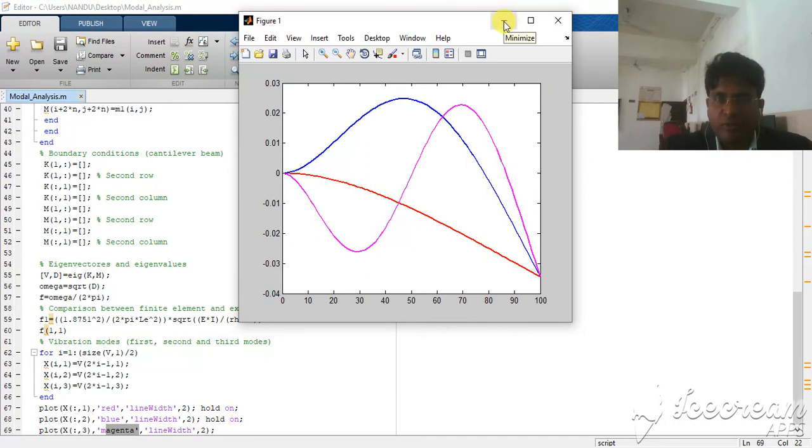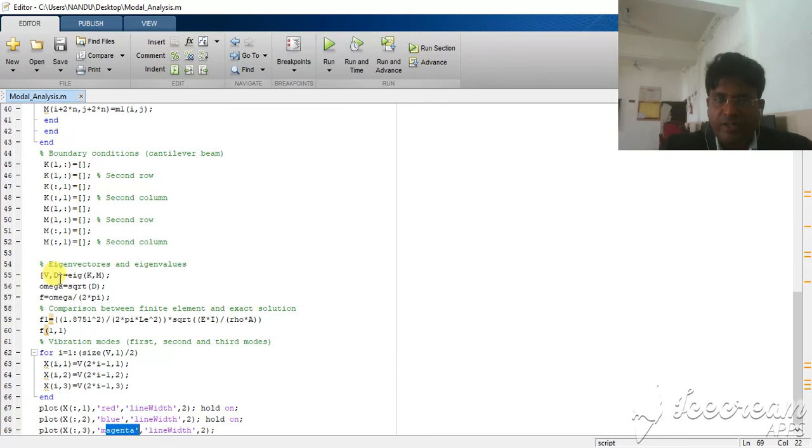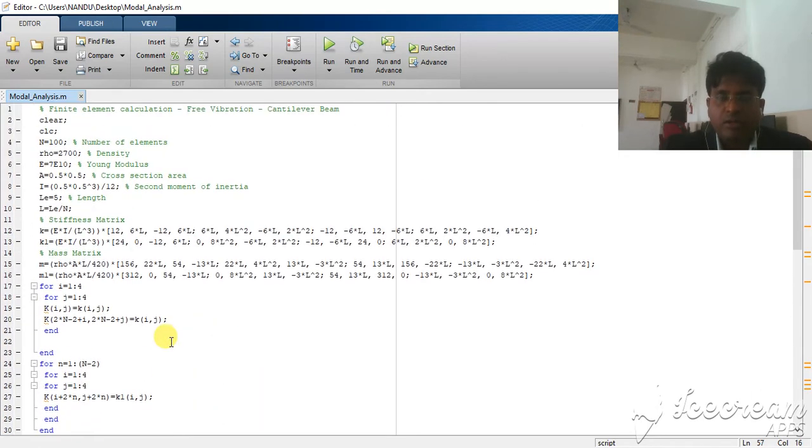After the solution of the eigenvalue problem, the eigenvalues and eigenvectors have been calculated using the mass matrix. Please remember it. This is very important. Unless you calculate the mass matrix, your problem will not be solved. So this is how the modal analysis of